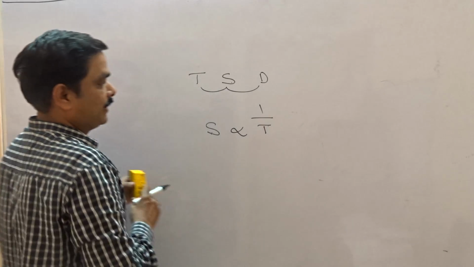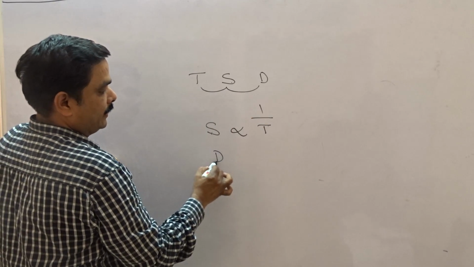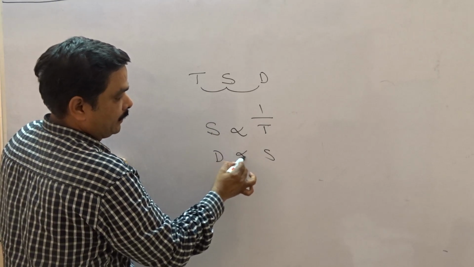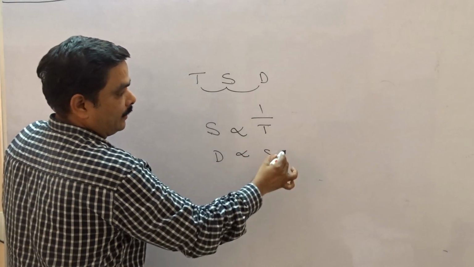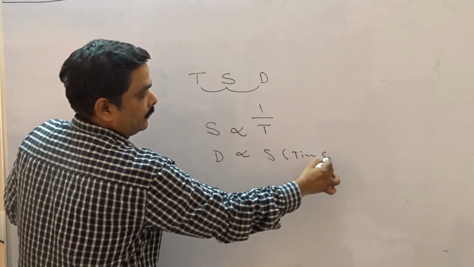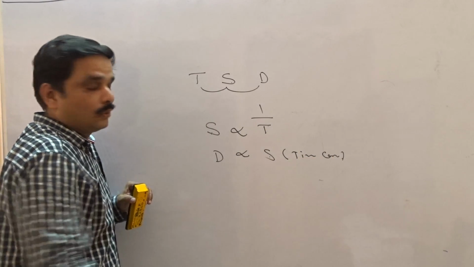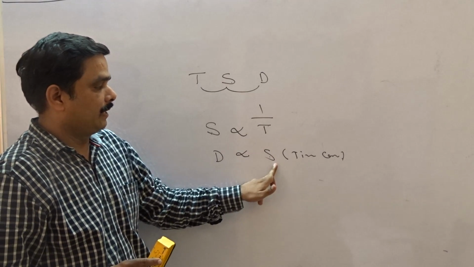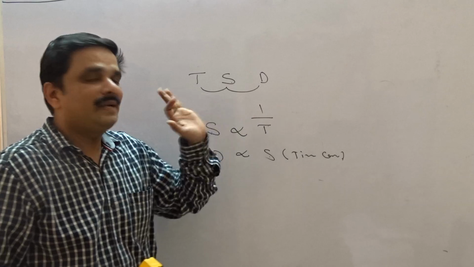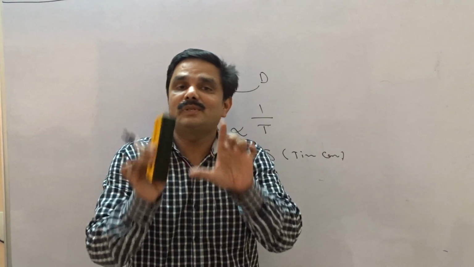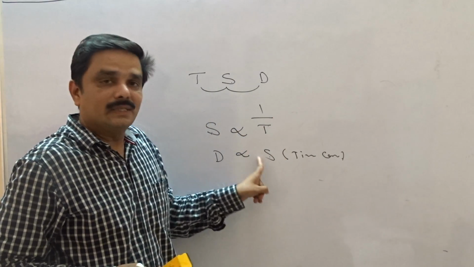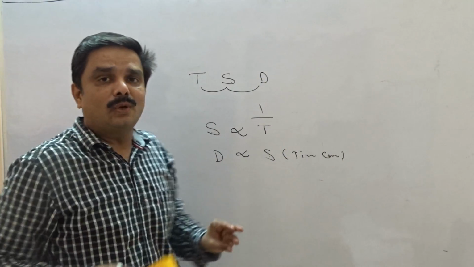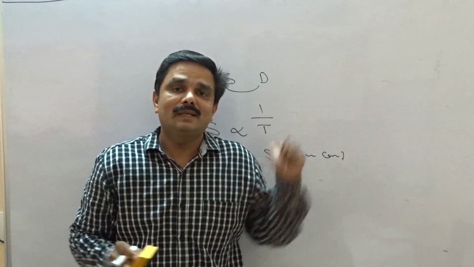Another important thing is the relation between distance and speed. Distance and speed are directly proportional to each other when time is constant. Time is the same. So remember this also. Distance and speed can be equalized when time is constant. Some questions can be solved even with this. Without using algebra, directly with this relation, we can solve not just some, but many questions in this chapter.